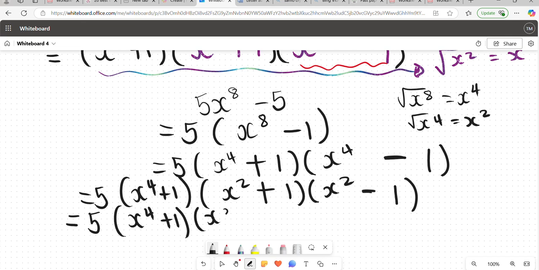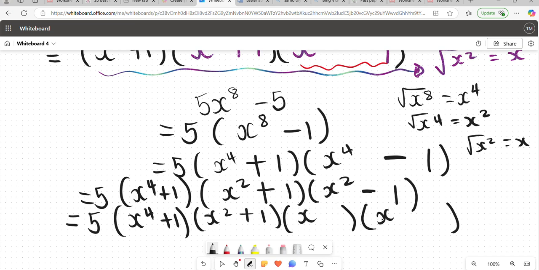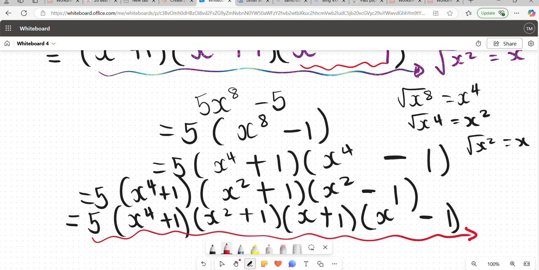So I keep every other thing that is sums of squares and every other thing that I've factored out so far. And for this guy, I'll open another additional two brackets. Square rooting an x squared is an x. So this is an x, this is an x. Square rooting a 1 is a 1. 1 and a 1. 1 is positive and 1 is negative. So this long expression that you see below is actually the answer to this small little difference of two squares